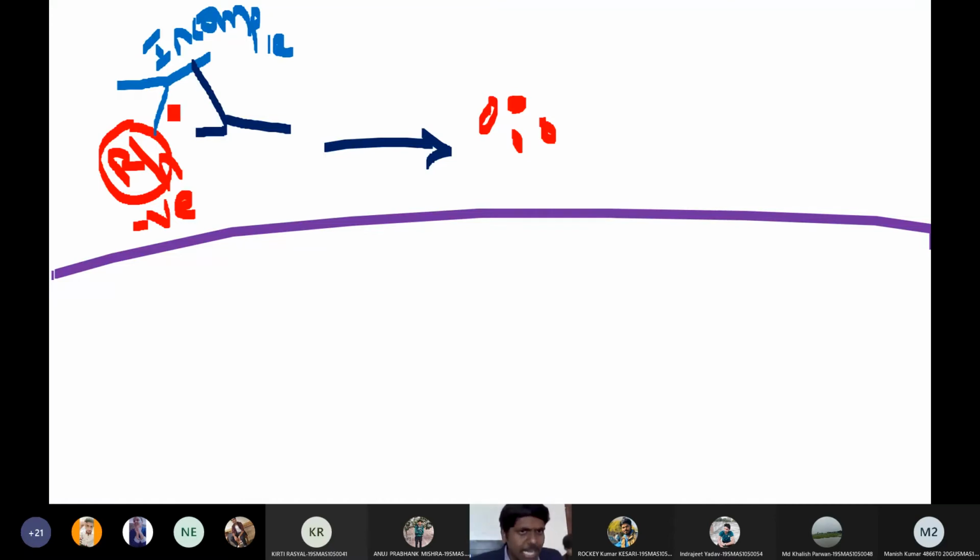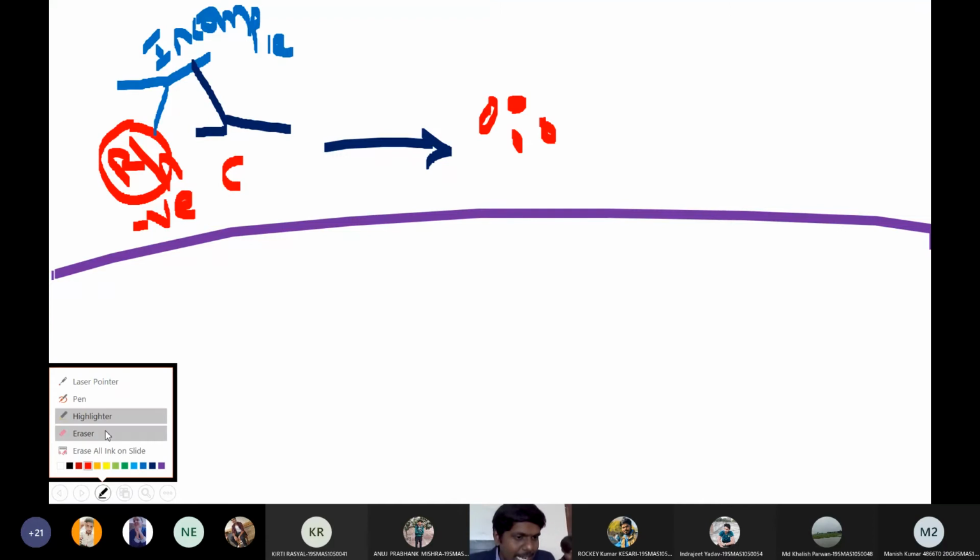But sensitization doesn't mean getting a reaction. In order to find these sensitized red blood cells, I need to add a secondary antibody to detect the primary antibody. To detect this incomplete antibody, I will add a secondary antibody. And this secondary antibody is called, listen to me very clearly, I will tell you the name of this secondary antibody.